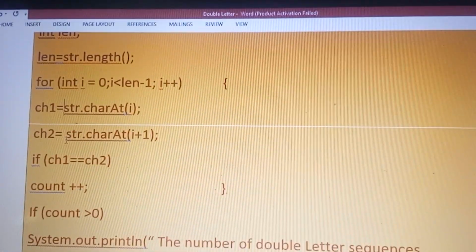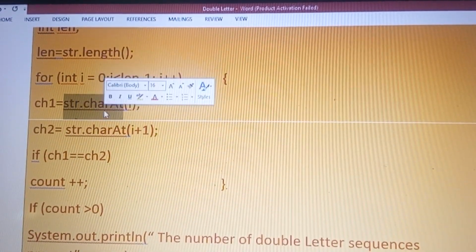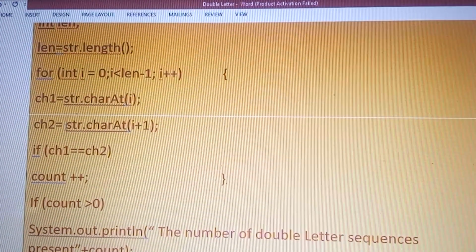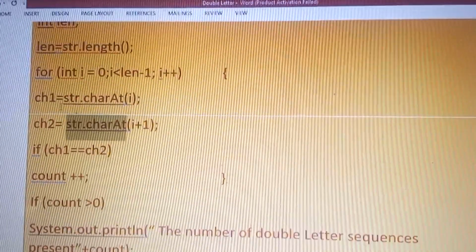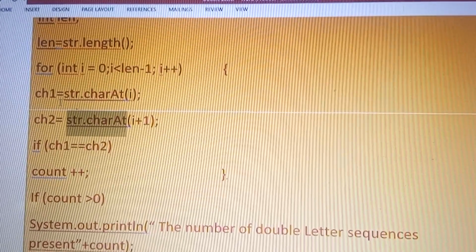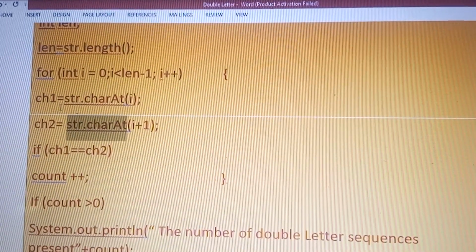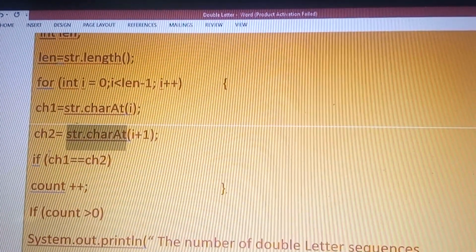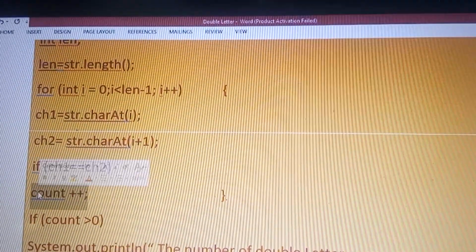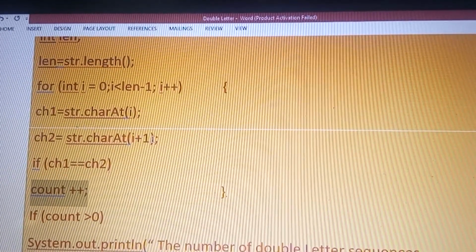That means the first character and the second character, next the second character and the third character, next the third character and the fourth character will be stored, starting from the first position to the last position. Each time the characters are compared. If the characters are the same, the variable count is incremented. This is the process that happens within the loop.